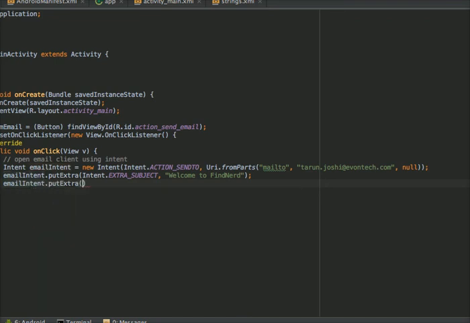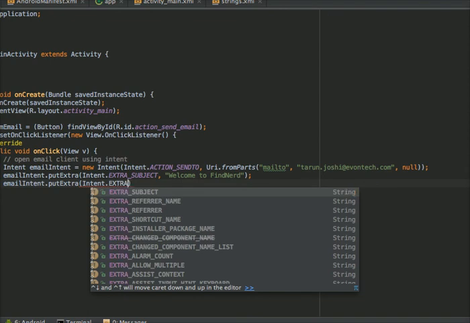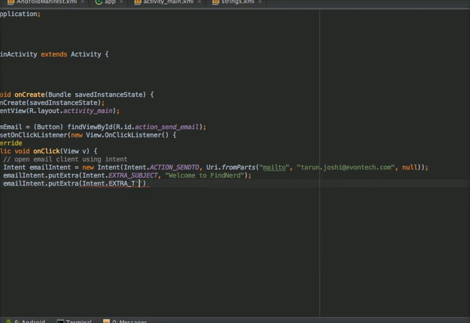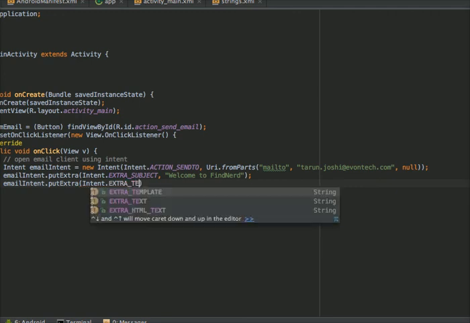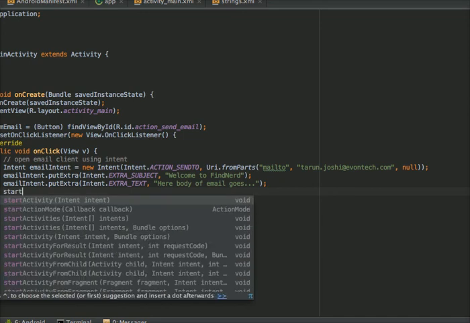And now again call the putExtra method and call EXTRA_TEXT. This is for the body of your email. Here the body of the email goes.